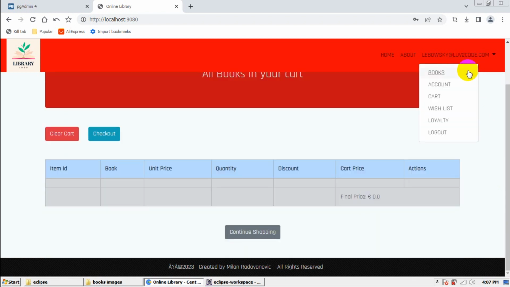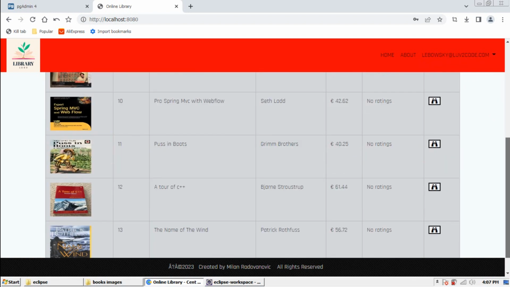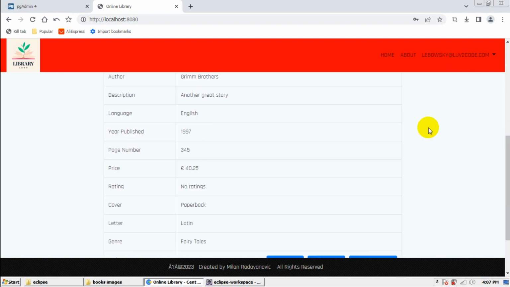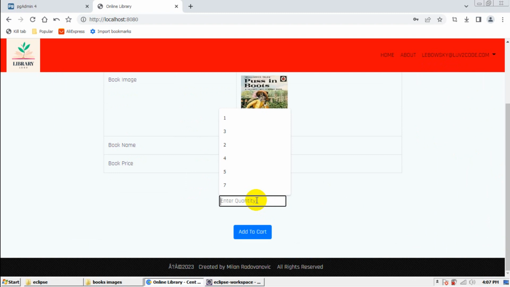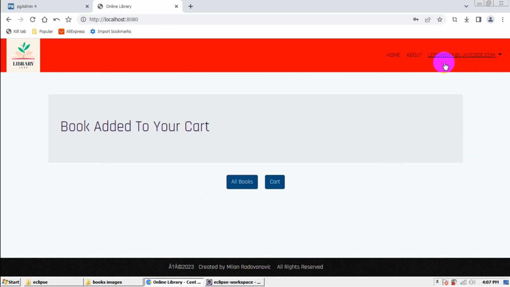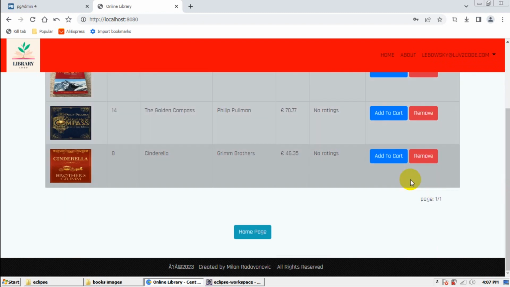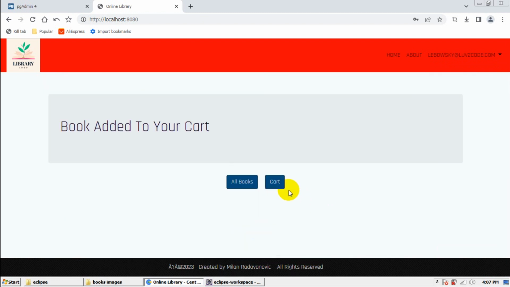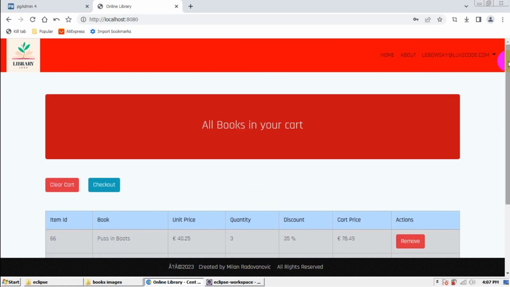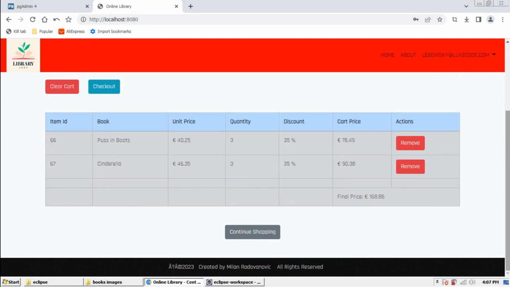No, I don't want a cart. I want to add some books, okay, Puss in Boots. We can order again, add 3 of them to the cart, and from the wish list we can order Cinderella again, 3 books, and let's go to the cart. We will see. Okay, and now as you can see, because we have 100 points collected, we can